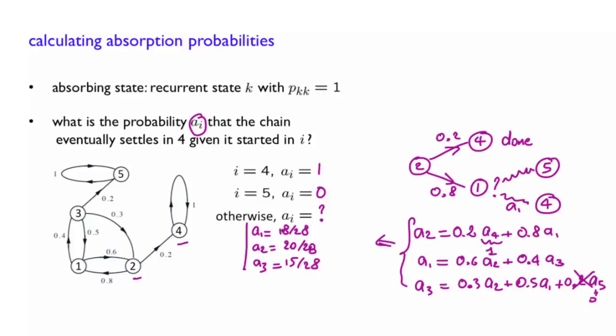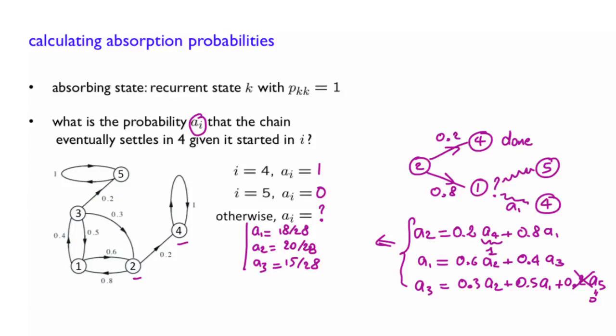Now I expressed them so that we can compare them easily. And as a sanity check, you can verify that indeed the probability starting from 2 will be larger than the probability starting from 3. And it turns out that A of 1 will be in between the other two. So these probabilities are consistent with our previous intuitions.